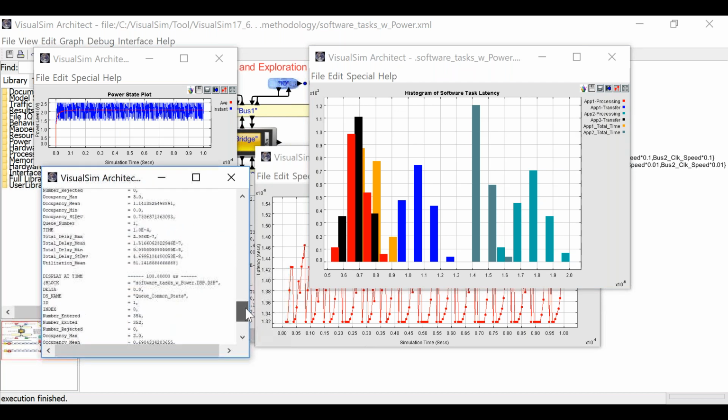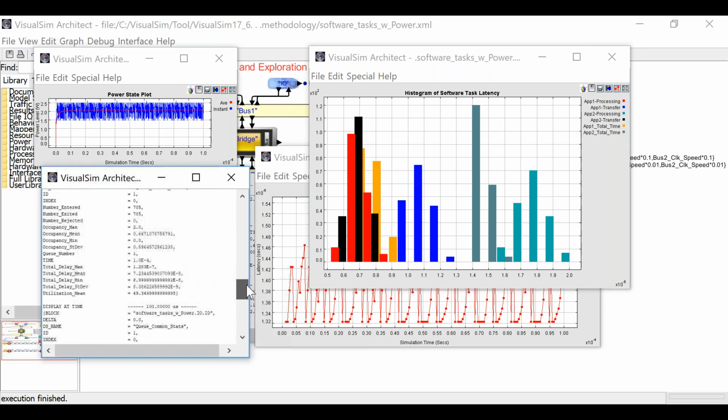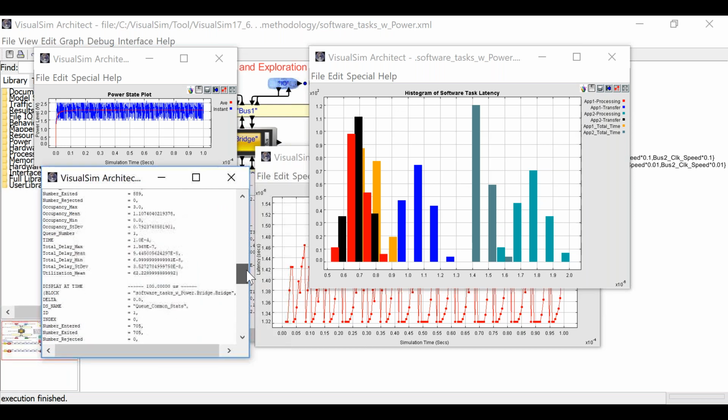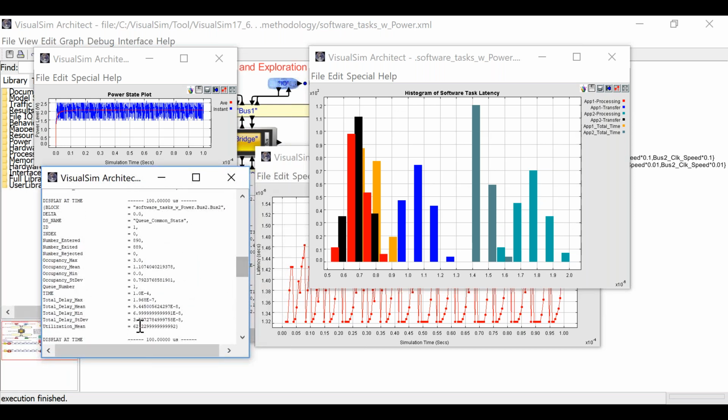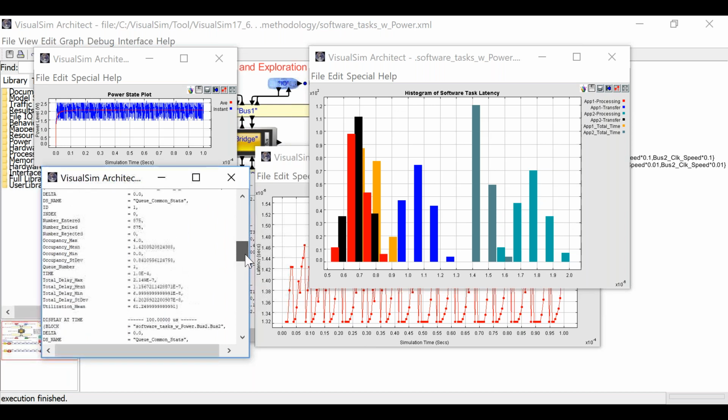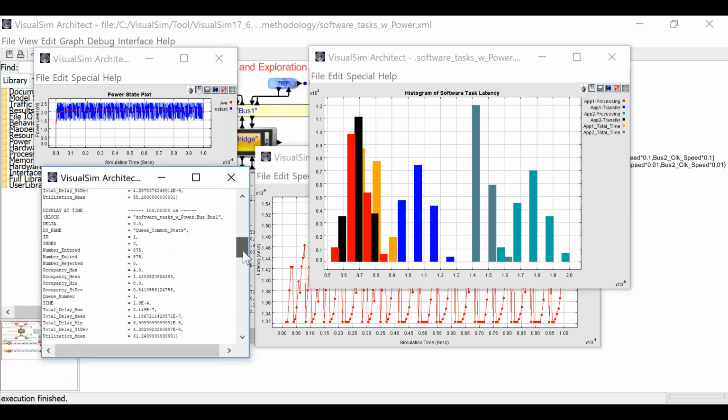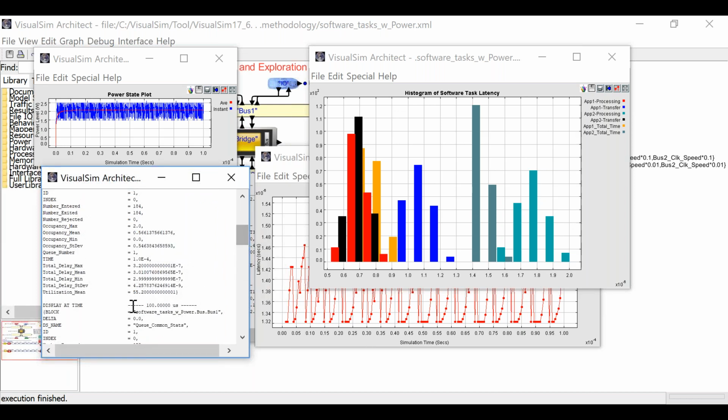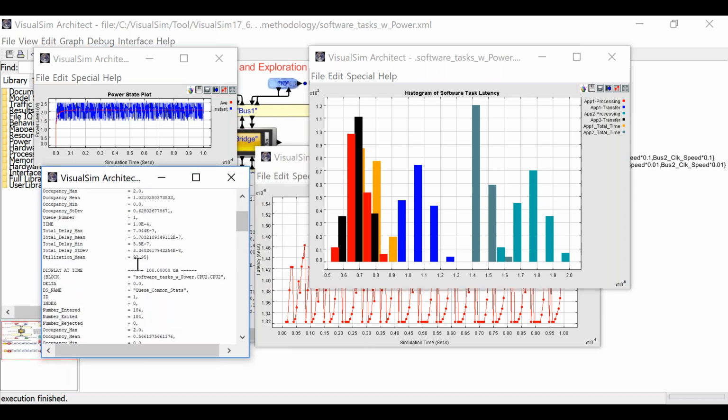DSP didn't have much change, the IO did not, the bridge did not. The bus 2 did go from 31% to 62%, so it doubled. This one also went up, bus 1 also went up. The CPU2 went up a little bit. CPU1 didn't really have much of an impact. So you can see that really what was happening was the bus usage went up, didn't double, but went up, but